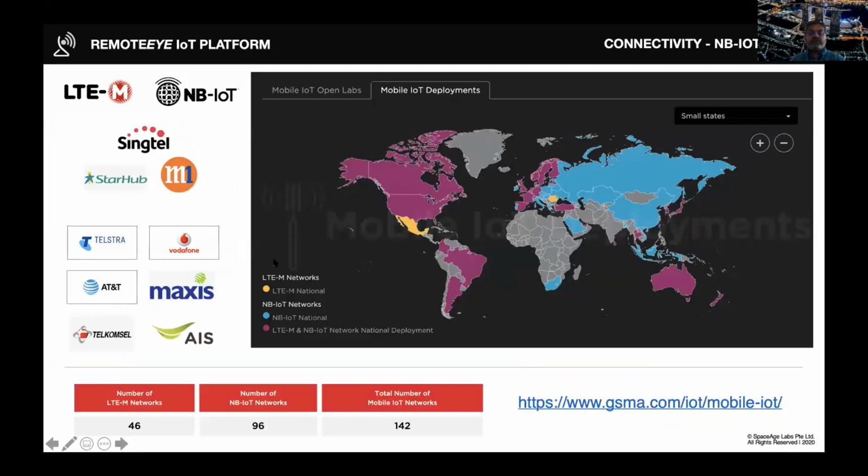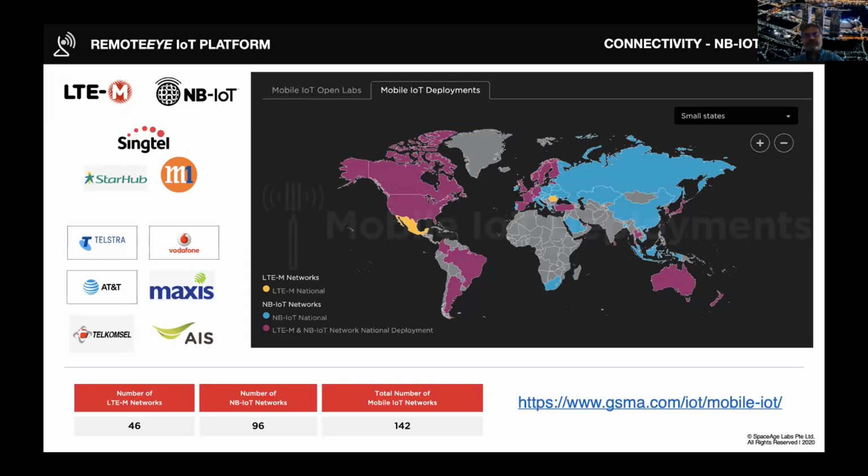In terms of connectivity, I won't go too much into it. Sriram has explained about this, but our devices work on NB-IoT and LTE-M networks. And one of the reasons we chose to roll this out is, of course, in Singapore, Singtel and other telcos are providing this network. And then even globally, if you're joining us from the region, you'll start to see telcos such as Maxis in Malaysia, Telkomsel in Indonesia, AIS in Thailand, Vodafone in Australia, Telstra as well, and Optus as well.